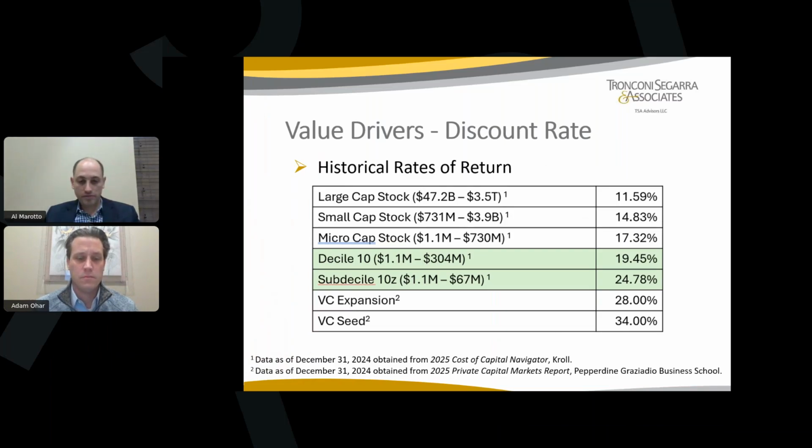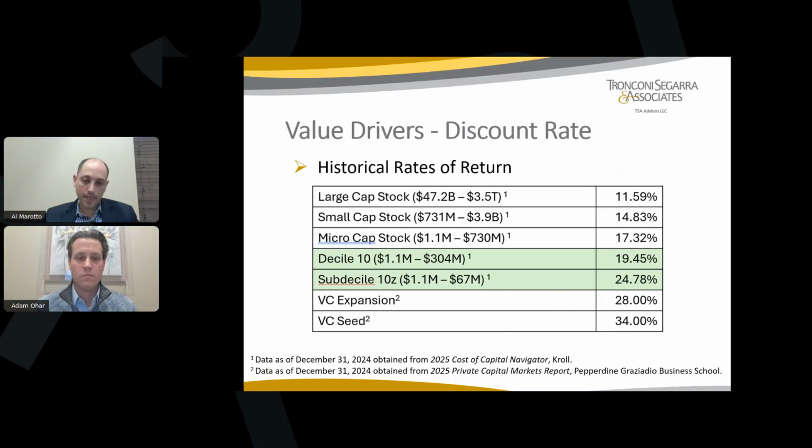Just as a point of reference for you, a slide you can keep. I think that slide with the 3 gauges is a helpful slide to print and keep, and then this slide maybe too, just so you can get a reference point of where the discount rate usually lands when we do valuations. This is all information that we obtain either from our Kroll database or from a Pepperdine report that you can get online. You can search for the Pepperdine Business School and pull that report if you want. You won't be able to access Kroll.